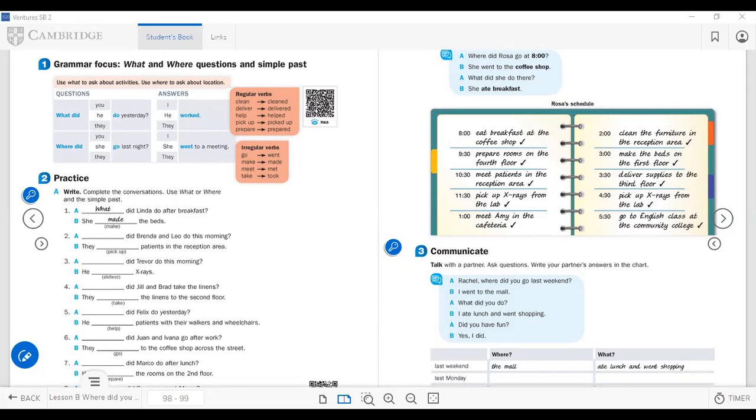So you have this exercise, then you have a grammar 2 exercise. Once again, in this case, it's going to be past simple, but in negative form. So your students will complete the exercise. Again, the focus is past simple. And here,